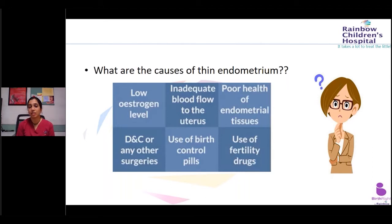Recurrent D&Cs or too many previous surgeries, like when somebody has undergone a lot of D&Cs for a thin or a thick endometrium, or abnormal bleeding, when some therapeutic D&C has been done, or because of some abortions. These surgeries can also affect the endometrium, which can lead to adhesions, synechiae, and